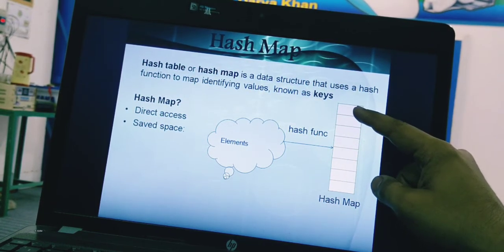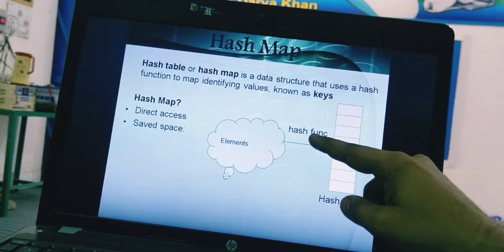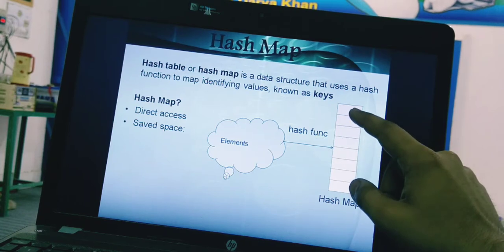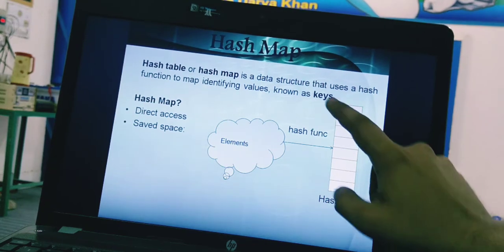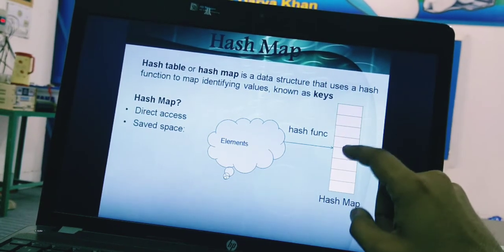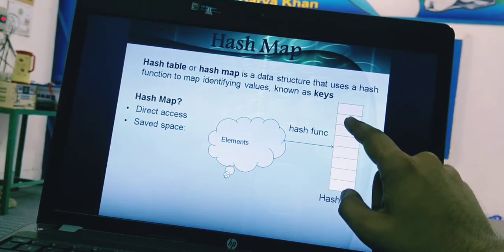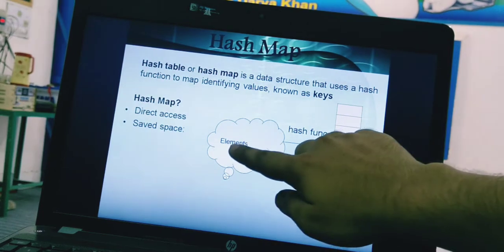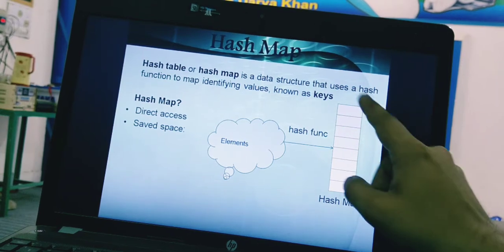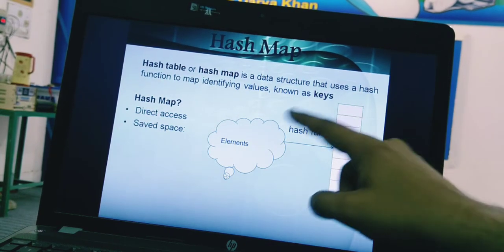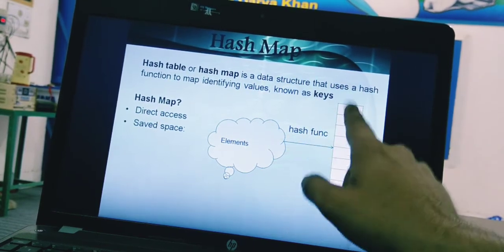After applying the hash functions, these will be put in this hash map or hash table. So each array has an access point, and after applying the hash function, each element becomes a key, and each key will be put in some specific space which the hash function decides for it. Elements after applying hash functions become keys, and keys after applying hash functions become elements again. So the retrieval and placing of data take place.